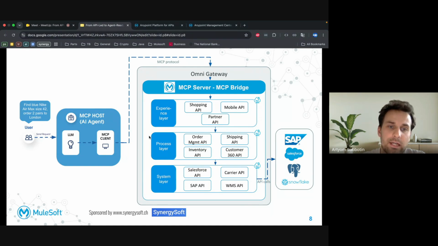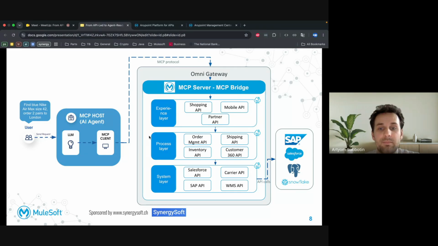But an important point is that the MCP bridge complements, it does not replace, the custom MCP server approach. So when you need custom orchestration logic, build a dedicated MCP server. But when you already have REST APIs and want them agent-ready instantly, the MCP bridge will be the fastest and safest path, delivering AI integration with zero code changes and zero disruption to what already works.